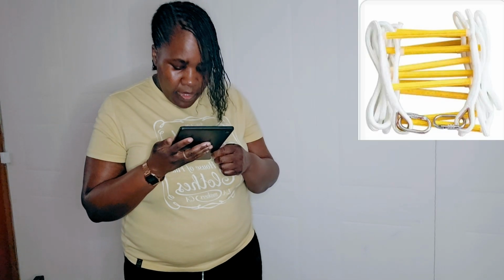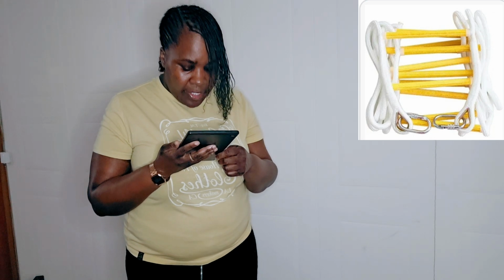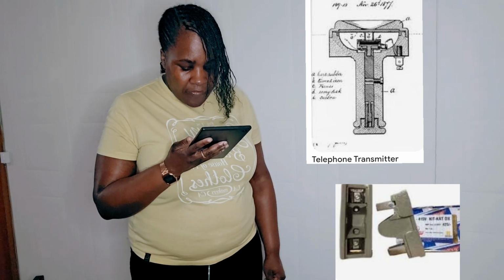The mop, which we use often for our janitors, made by T.W. Stewart. Then we have the stair climbing wheelchair invented by Rufus J. Weaver. The fire escape ladder by J.B. Winters. And the next few inventions were made by Granville T. Woods. We have the telephone transmitter, the electric cutoff switch, the relay instrument,